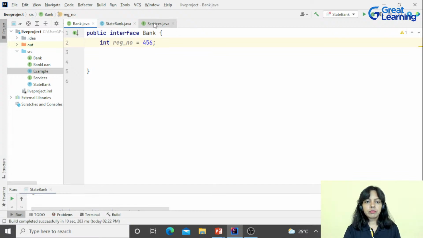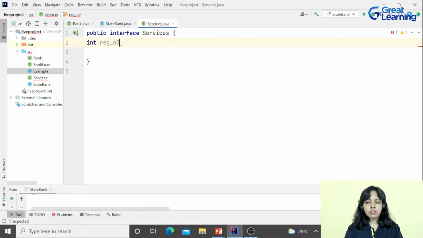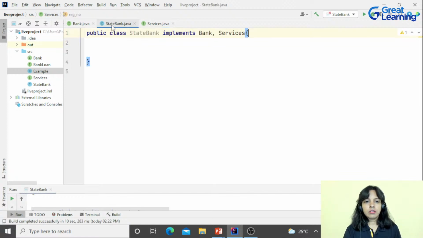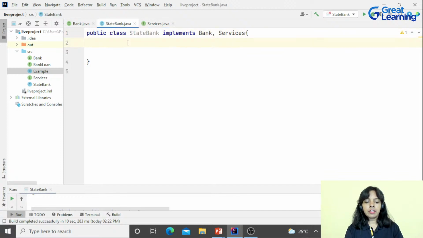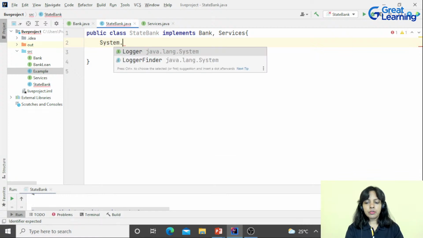Now in this also I am going to define the same variable, registrationNumber 456. In this interface also it's the same variable. In this also it is the same variable. Okay. Here, if I try to make use of this registration number, System.out